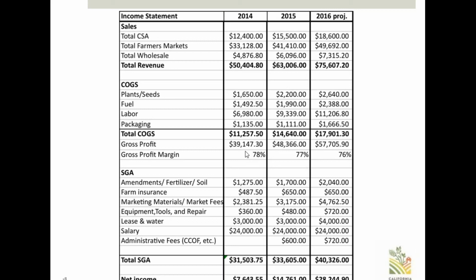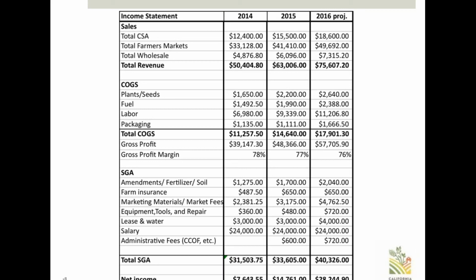The way the equation works is it's revenue minus cost of goods sold divided by revenue, which gives you a percentage, essentially the percentage of your revenue that's left over to then spend on everything else. So in this case, in 2014, if the gross profit margin is 78%, that means that it took 22% of the revenues